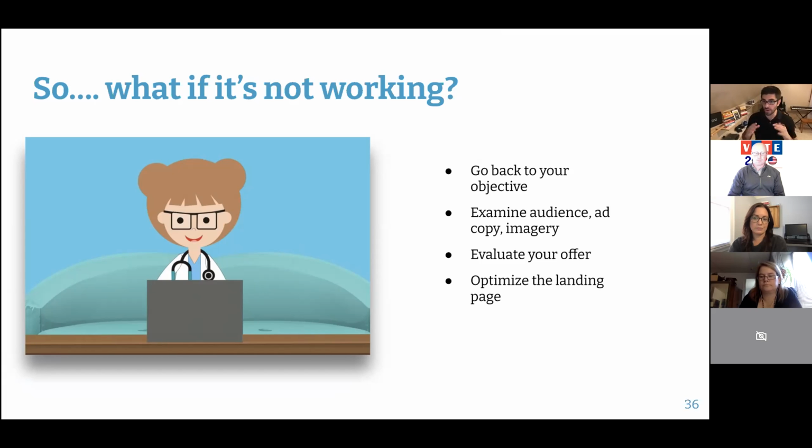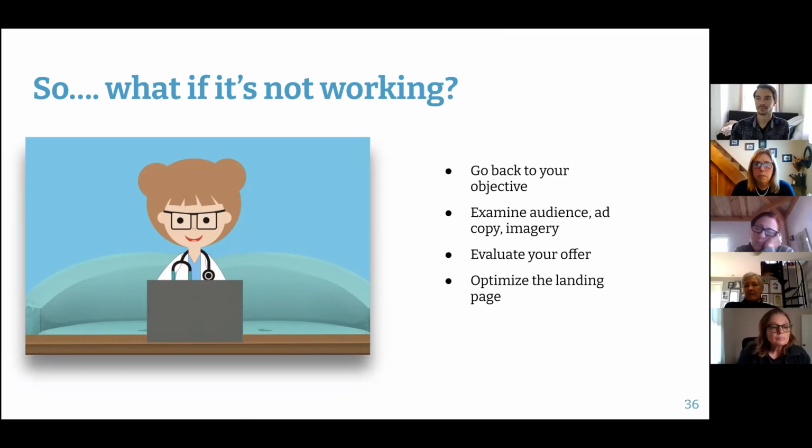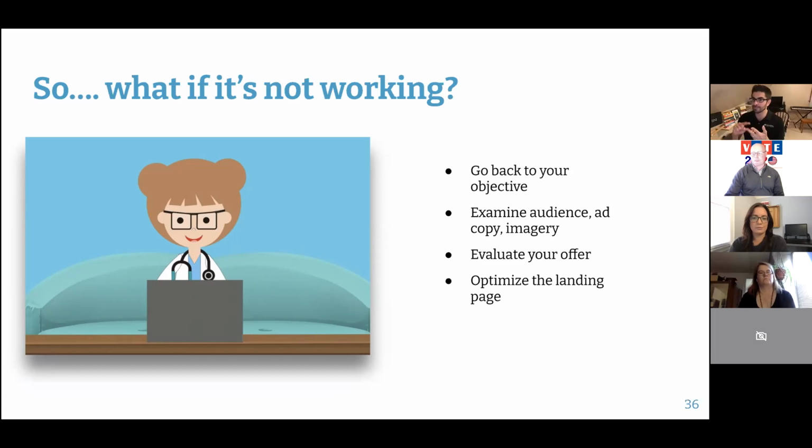But what I will say is just go back to whatever your original objective was and make sure that your sentiment about whether or not the ad is working is actually in agreement with what your original objective was. In other words, if you're trying to sell product, but you're just running a traffic ad to your product page, that is not the right objective for that. You should be running a conversion ad,